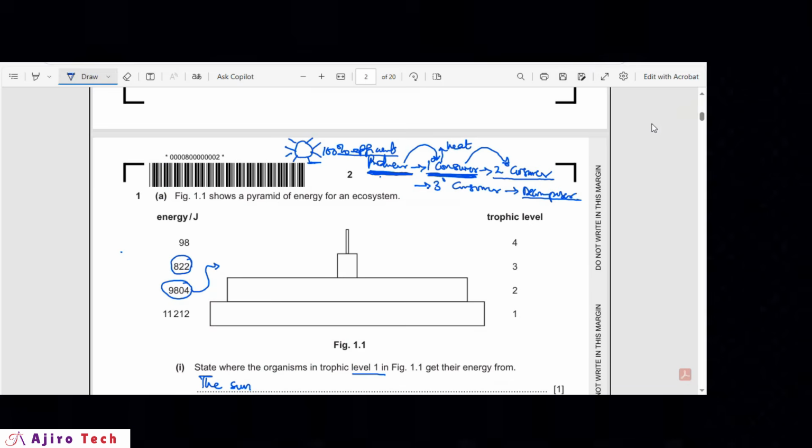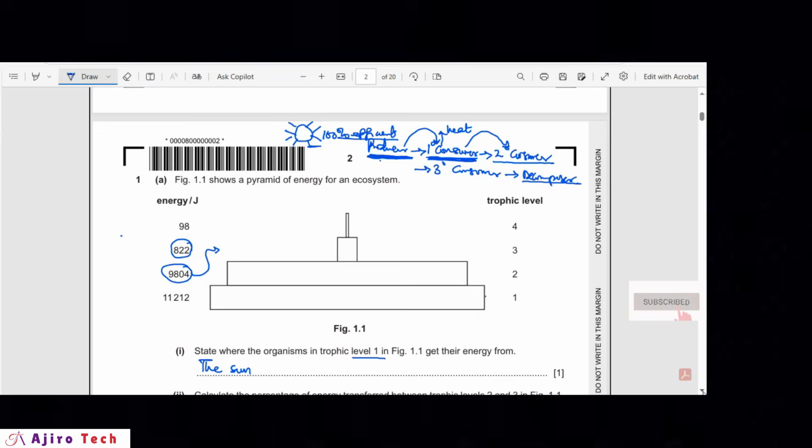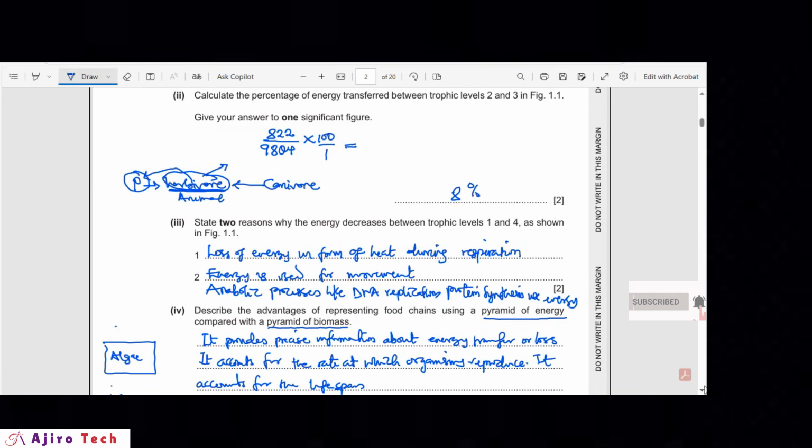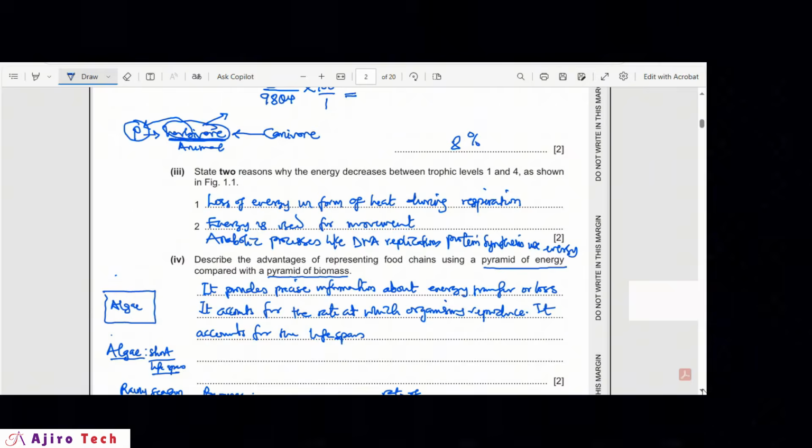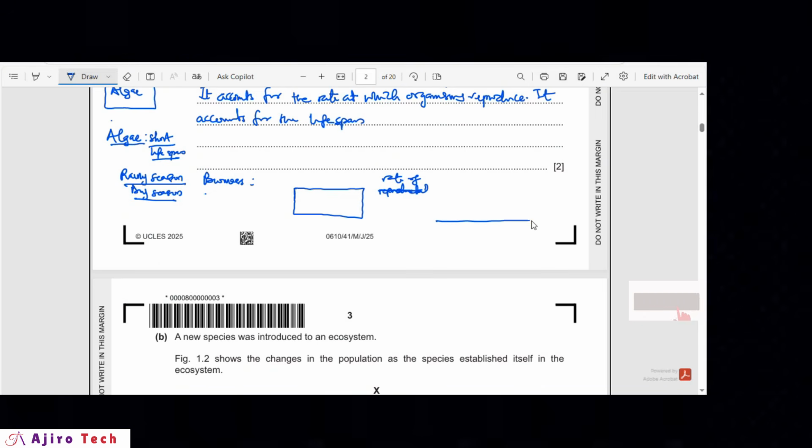Let's use the diagram we have here. So one moment we have it like this, and another moment we have it like this. The same algae. This is giving us information about